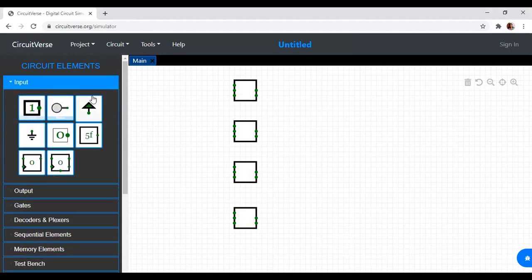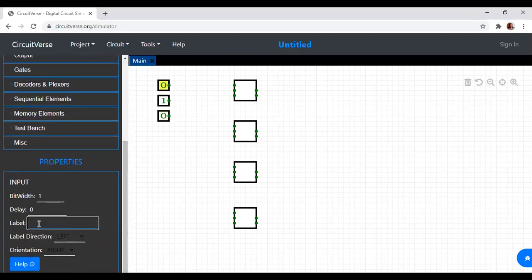What is the input I will give? Each one will have 3 inputs: A, B, C. Only for the first one I'll be having C. For the other ones I will not have anything. So let me label the first one as A of 0.